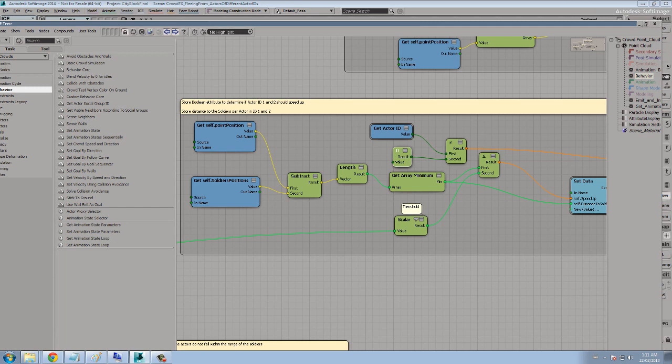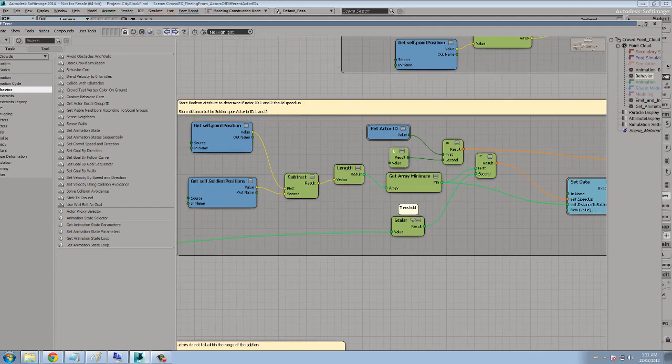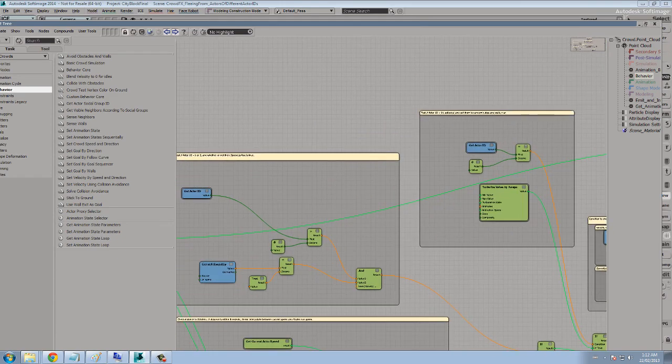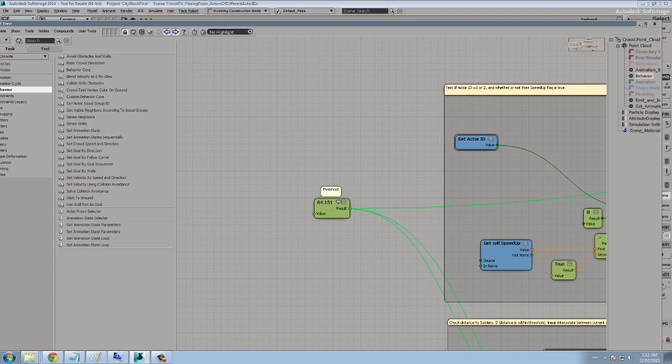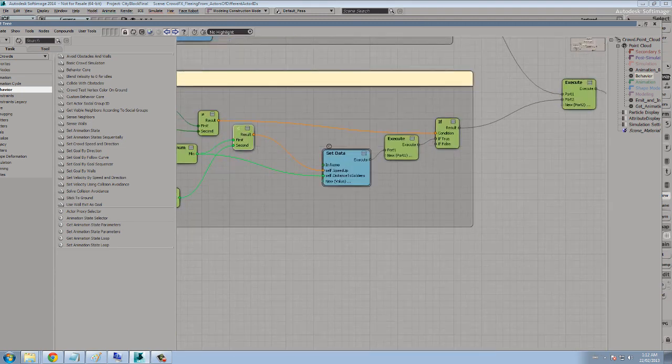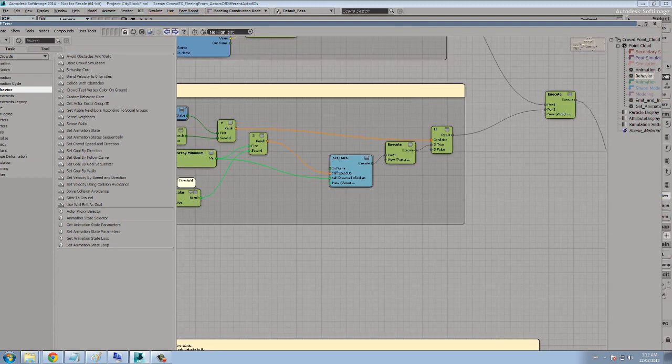And if the actors in ID 1 and 2 are less than the threshold, which I've set to 64 units away, then what we do is we set a Boolean flag called speed up. So we tend to use that branch